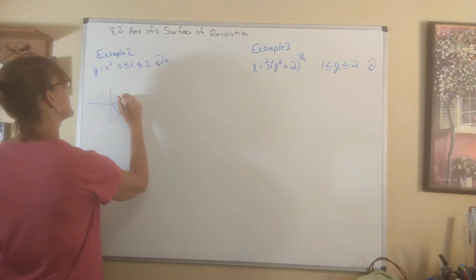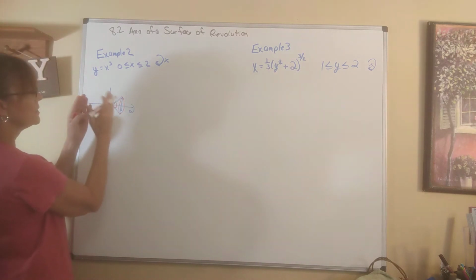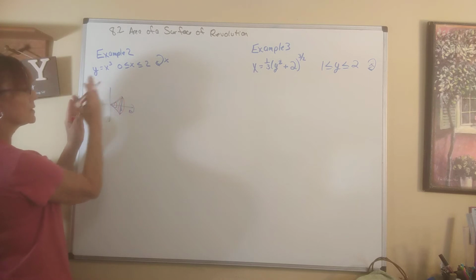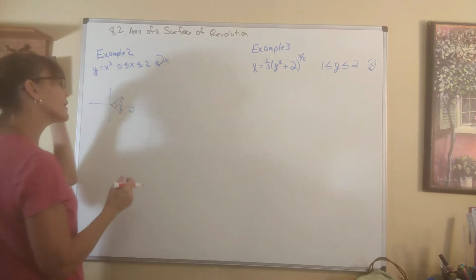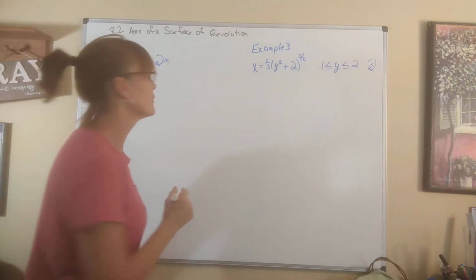All right, it's going to be circular, circular, circular. It's going to have all these little circles. We could slice that up and see all the circles. So what we're interested in this time is not volume, but the surface area. So the surface area,